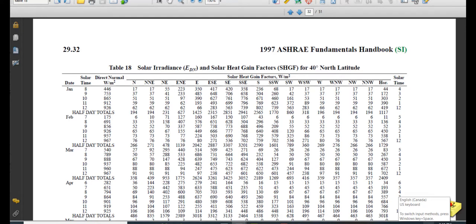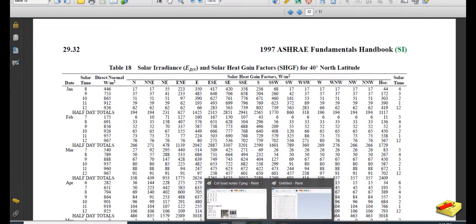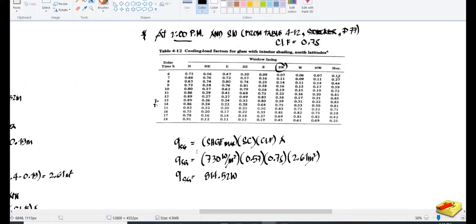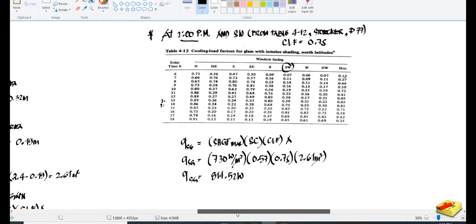So one of the problems that we'll be encountering, from my previous lecture, is the solar heat gain for maximum. So this is for